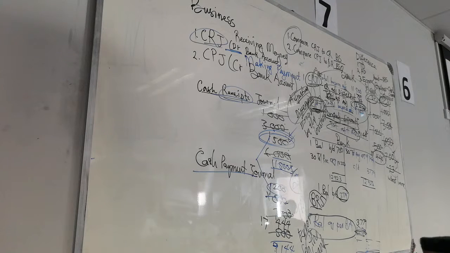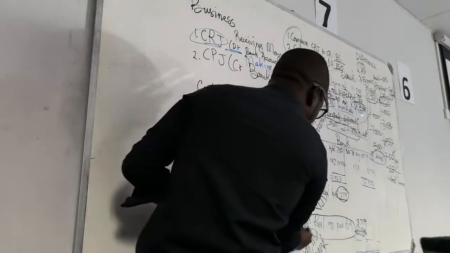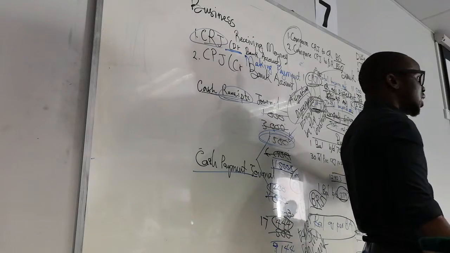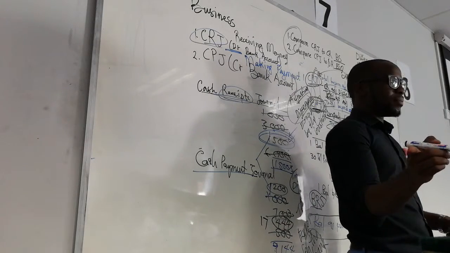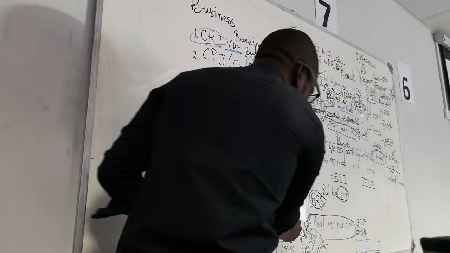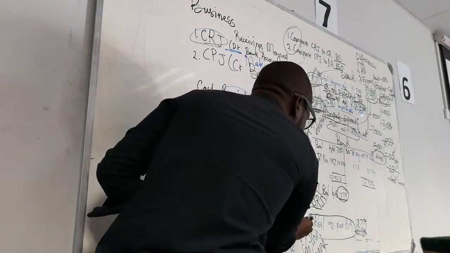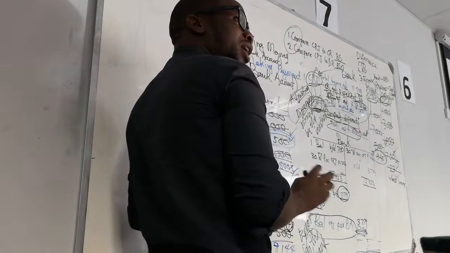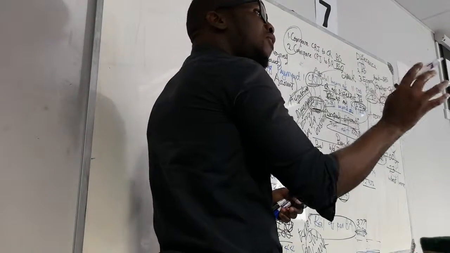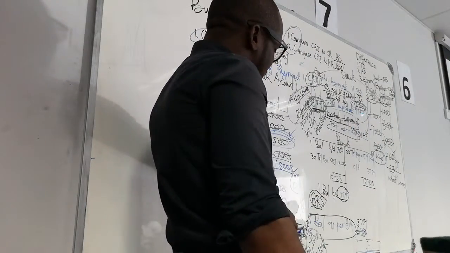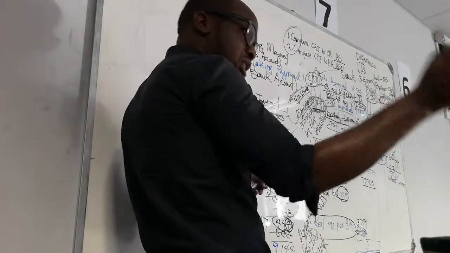Right? If the business made an error, so let's say this time, this 444 was supposed to be 440. It means that the business made an error. The business must go and make this 440. So basically, they must decrease the 4. Are we together? They must decrease the 4. I said that there are no negatives. If you are decreasing expenses, it means that you are increasing your money.